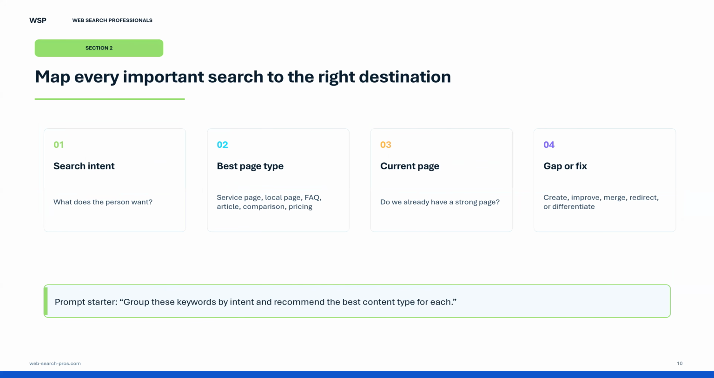So then what you want to do is map all that search to the right pages, right? So what does each person want? What is the best page type? Where are you going to send the people in those searches? You're either going to have service pages, a local page, and if you have more than one location, how I